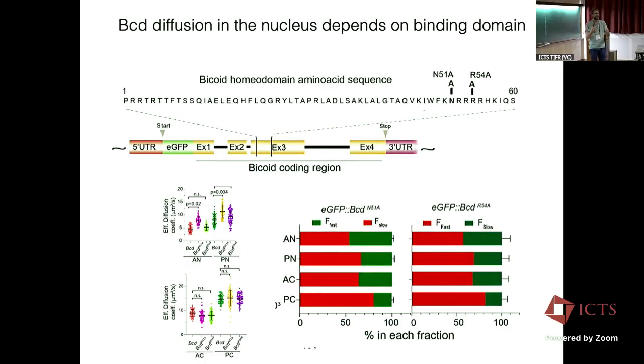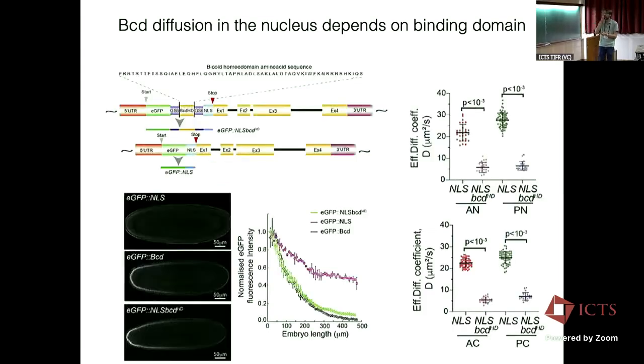If it's a transcription factor which can't bind as well, it's going to stay more free, it's going to move around. So this was nice that we could actually directly mutate specific sites in the protein and look at how it changed its dynamics. And this gave us the clue that the